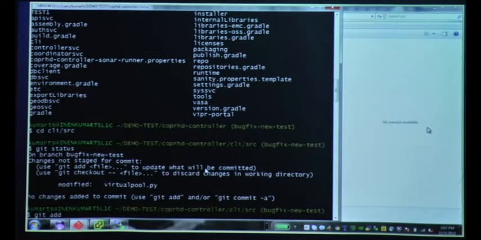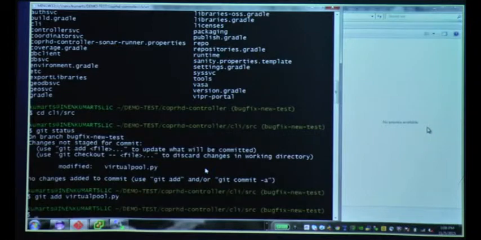If there's a new file we can add it. No, don't do that, just commit it. So I'm committing my changes onto the branch. You have to use commit, space, hyphen AM.